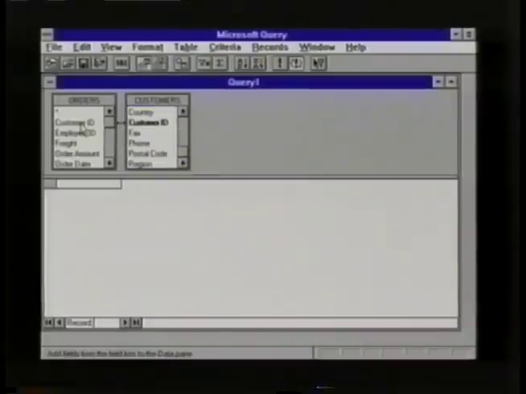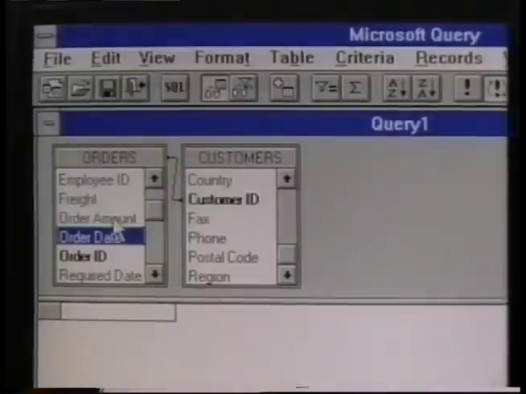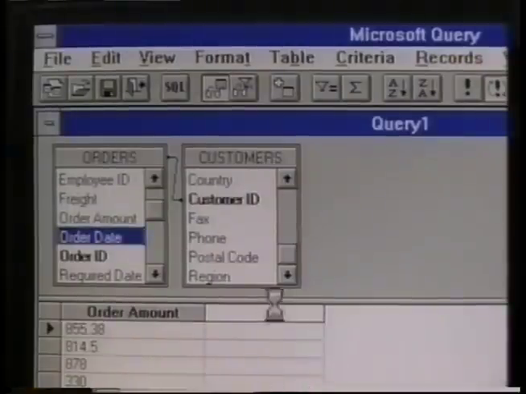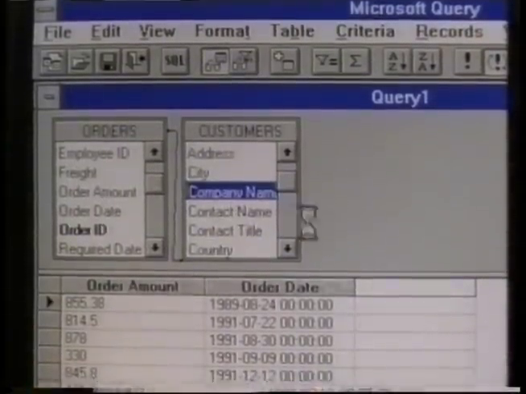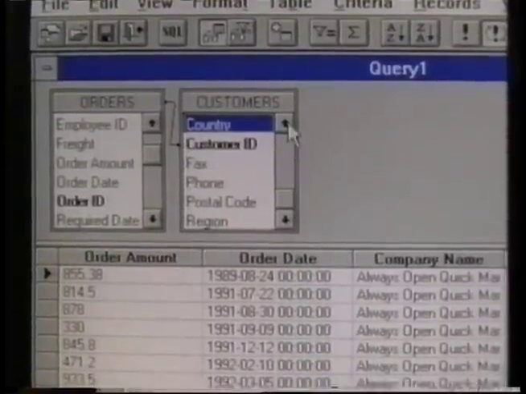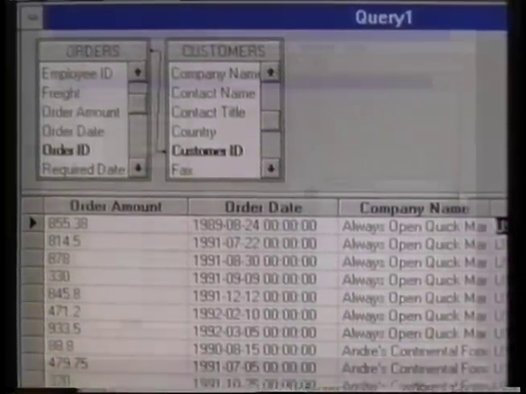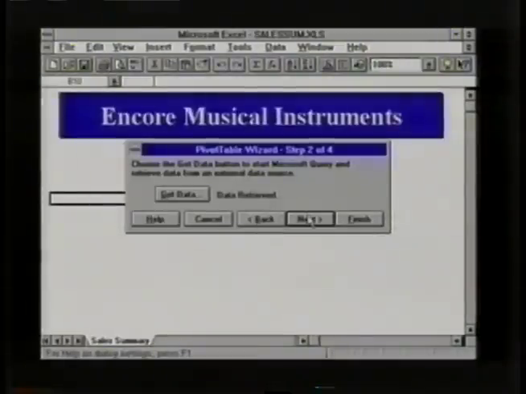And you can see right now that I have a join between these 2 tables based on customer ID. Let's go ahead and select some fields out of these tables. I'm going to go ahead and select order amount, and then also order date. And then from the second table here, I'm going to go ahead and select the company name. And then also, let's go ahead and select the country here. OK, once we have that information, we can go ahead and return the data to Microsoft Excel and continue to